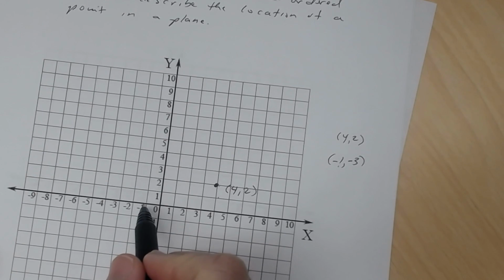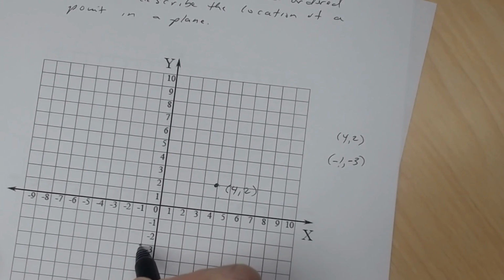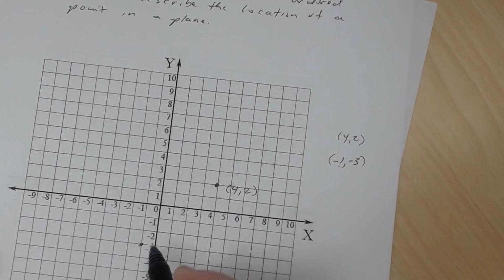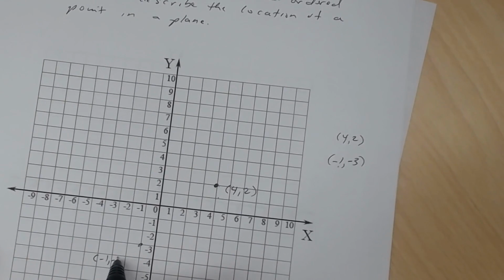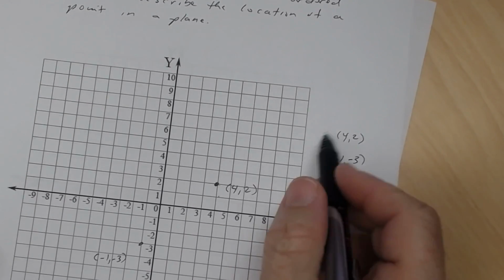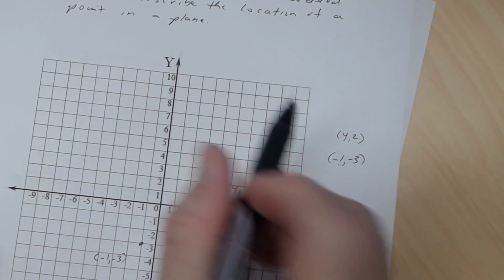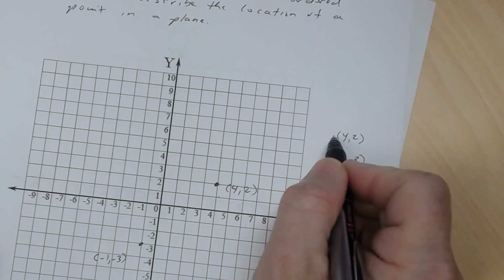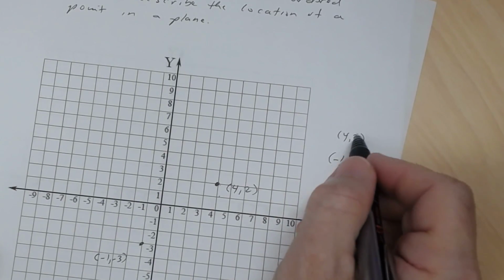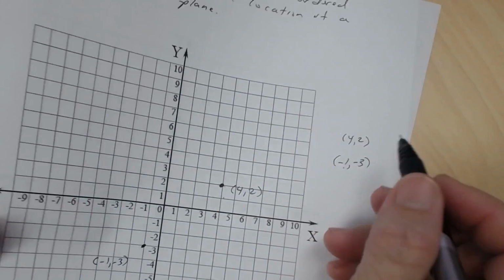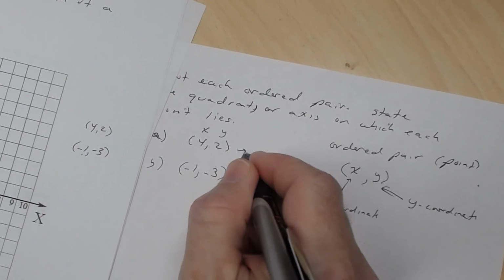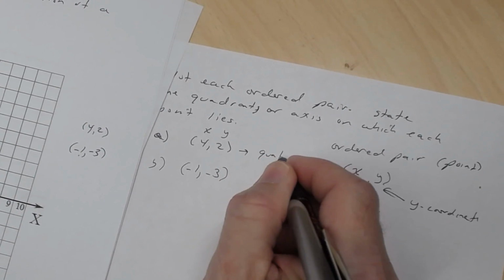Then I have to talk about the y-coordinate. The y-coordinate is -3, so from here I go down 3 units. 1, 2, 3. So this right here represents the point -1, -3. Now let's talk about the location of these points. So 4, 2 is in quadrant